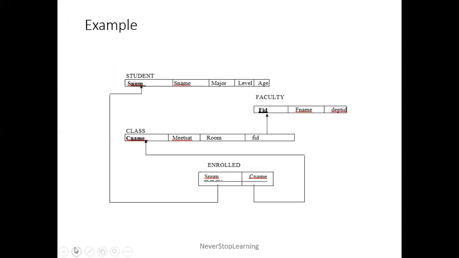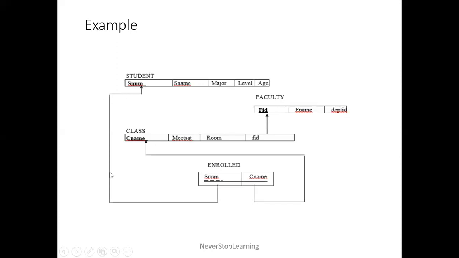So here I'm using this database where we have this schema. Here I have a student table. This student table consists of 5 attributes. One is snum, the student number. Then we have student name. There is a major, where I have kept all the branches. And then there is a level. For level I have given junior level, senior level. And then there is the age of the student.